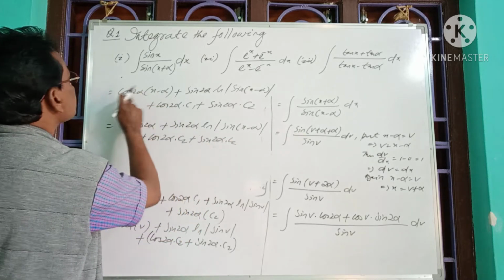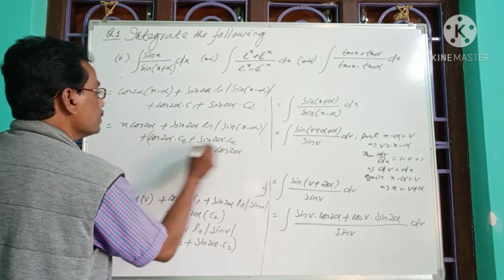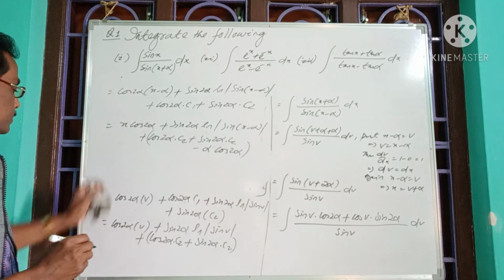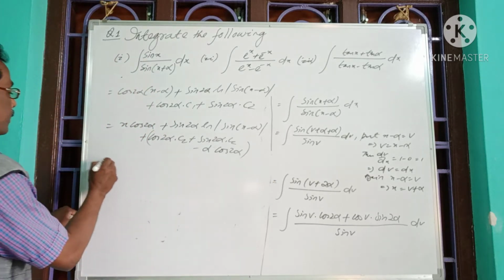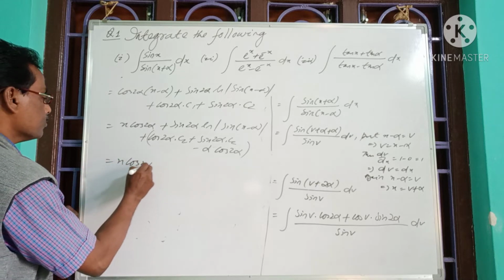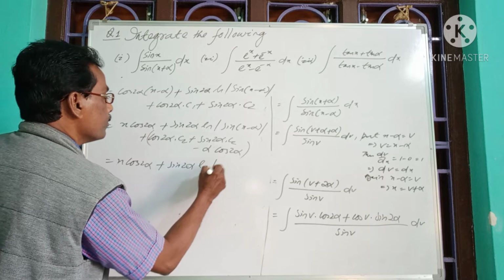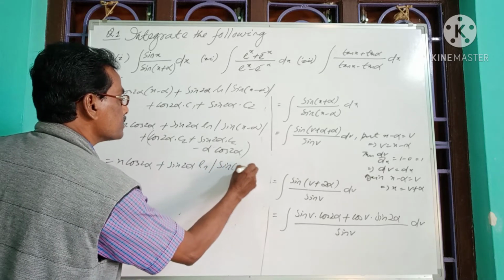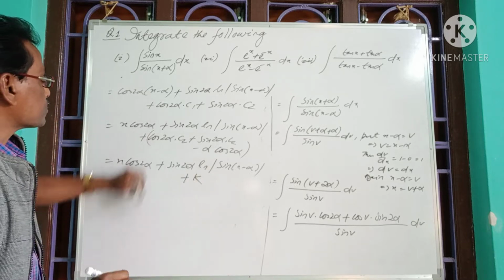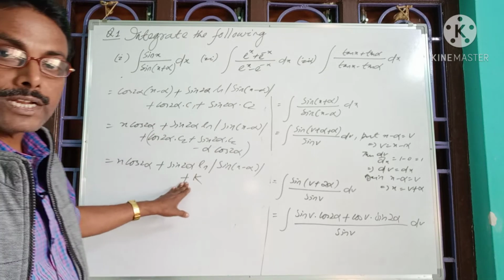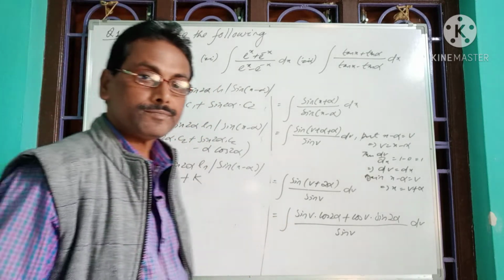Again among the constants, we have minus alpha into cos of 2 alpha. Now we collect all the constants separately. So finally it will give us x into cos of 2 alpha plus sin of 2 alpha into ln of mod of sin of (x minus alpha), plus k in place of all the constants, where k is the final constant of integration. So in this process we completed the integration.